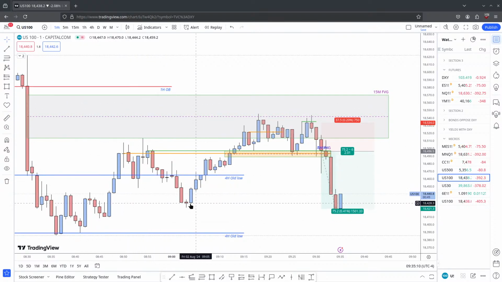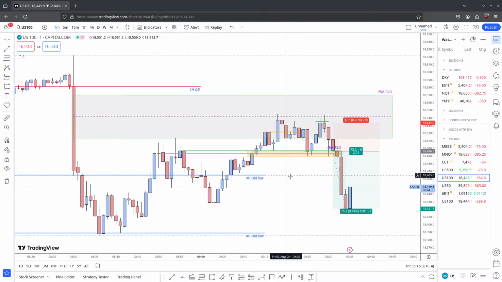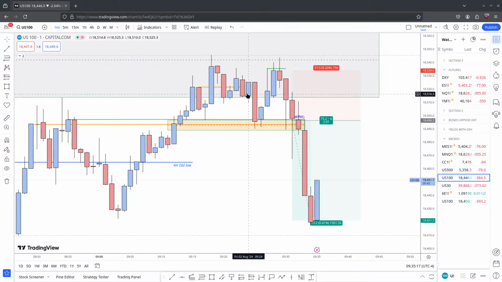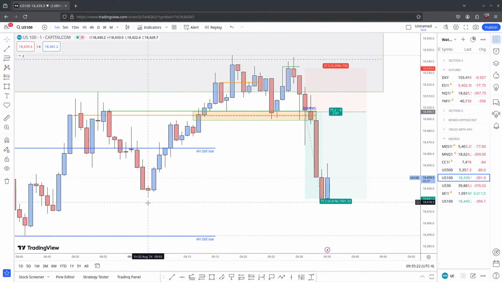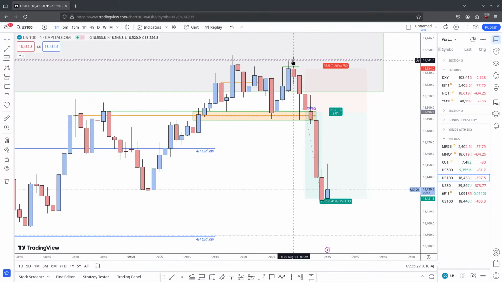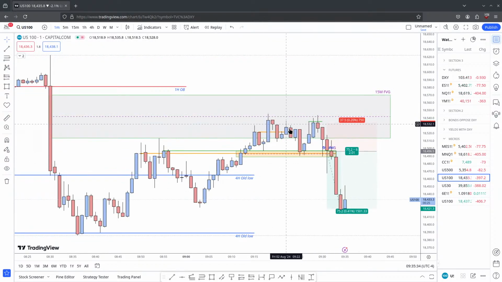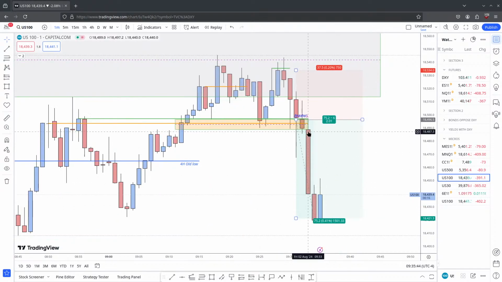We also had this idea here to go up higher. 5 handles could have been carved out here. And then we had this breaker block coupled with this higher time frame PDA right here. Trade down lower. And you could have easily carved out